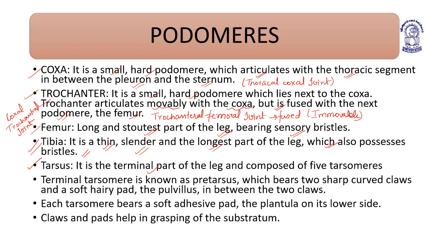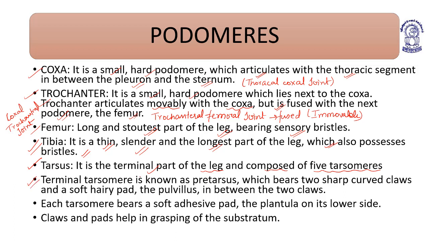Tarsus. It is the terminal part of the leg. Tarsus is the terminal part of the leg and is composed of 5 tarsomeres. So there are 5 tarsomeres present in the tarsal part. It is the terminal part of the leg. Understood? Now, coming to next,